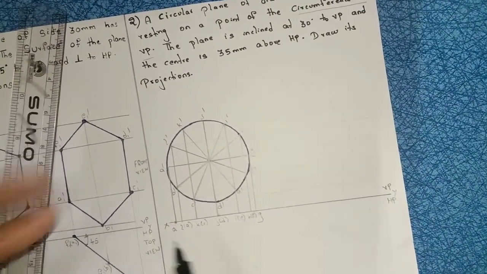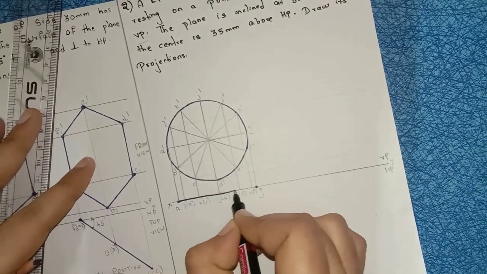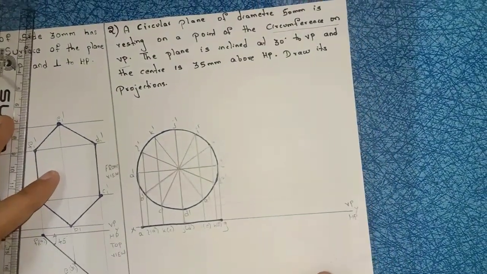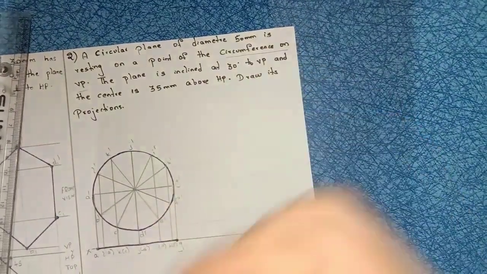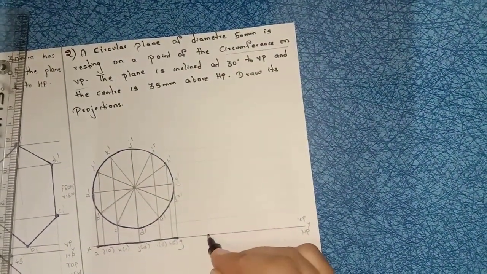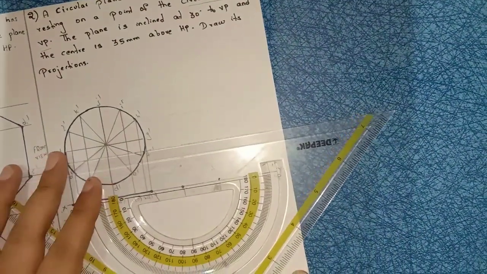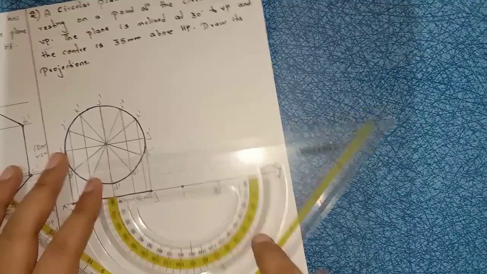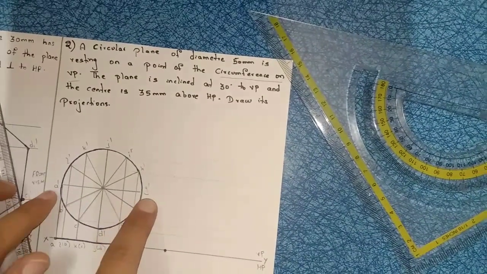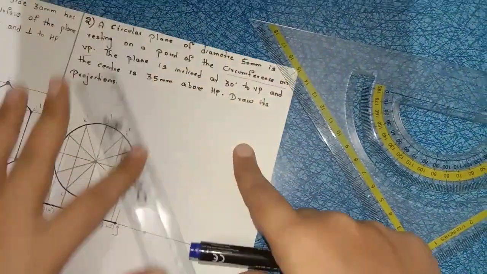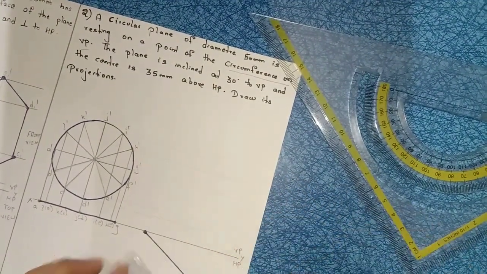Right? After that, this is the starting point, this is the ending point. Now I will draw a straight line by joining this. You should draw this line with the help of scale. Right? Now after that, coming to angle. Angle is 30 degrees to VP. Right? So mark a point on the reference line. You should leave any distance, how much you want. Keep your protractor on that line. Take 30 degrees angle. Now measure this length from A to G. A to G is nothing but diameter. Diameter is 50, no? So this line length is also here 50.